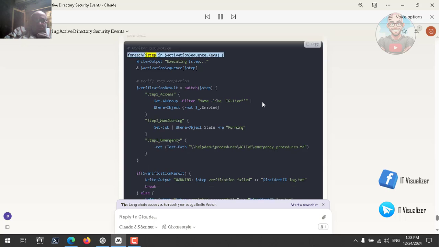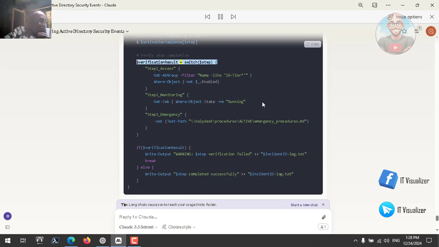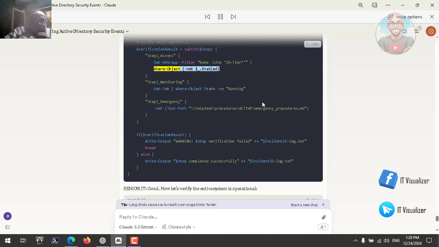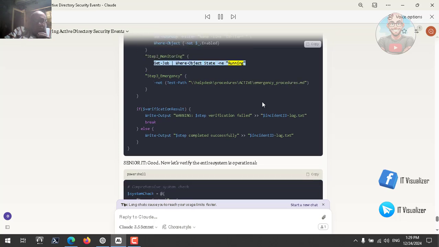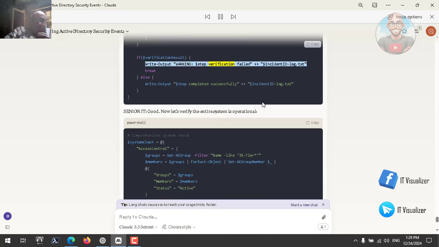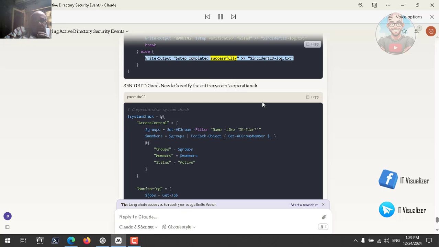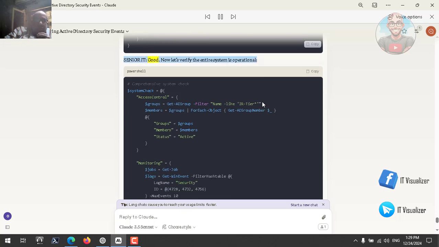PowerShell: # monitor activation. ForEach ($step in $activation_sequence.Keys) { Write-Output "Executing $step"; # verify step completion. $verification_result = switch ($step) { step1_access: Get-ADGroup -Filter {name -like "IR-tier*"} | Where-Object {-not $_.Enabled}; step2_monitoring: Get-Job | Where-Object {$_.State -eq 'Running'}; step3_emergency: -not (Test-Path \help_desk\procedures\active\emergency_procedures.md) }. if ($verification_result) { Write-Output "Warning: $step verification failed" >> $incident_log.txt; break } else { Write-Output "$step completed successfully" >> $incident_log.txt }. Senior: good, now let's verify